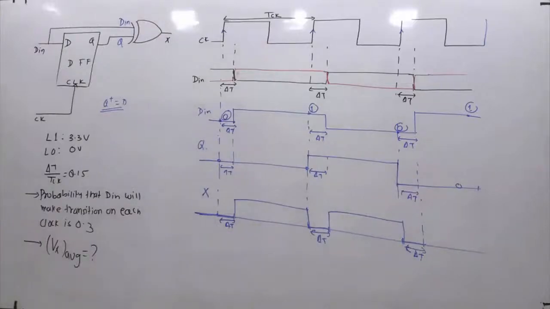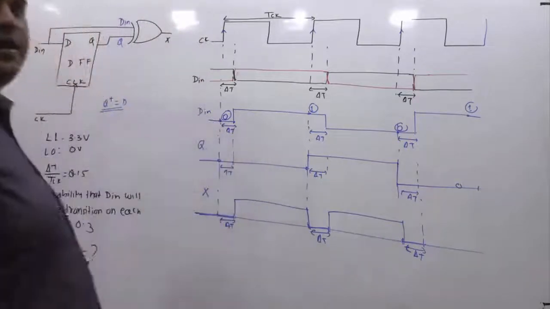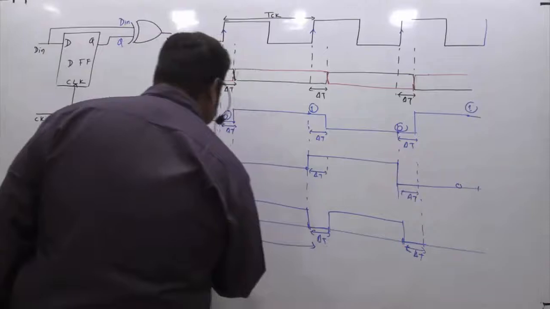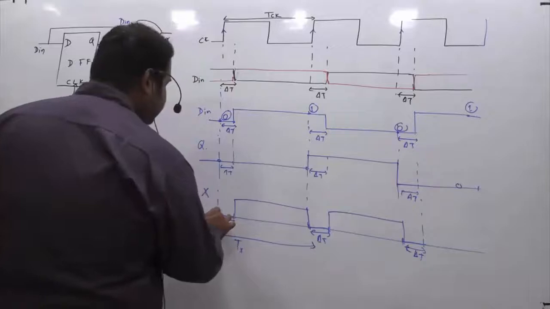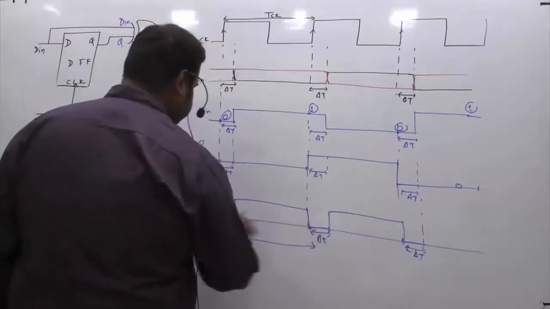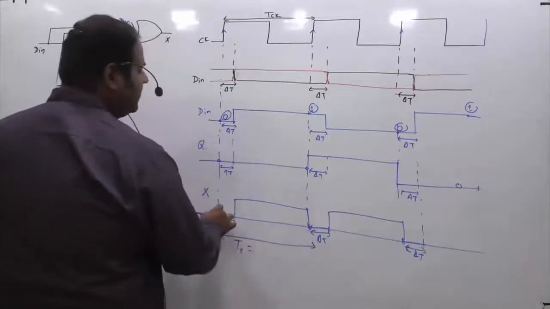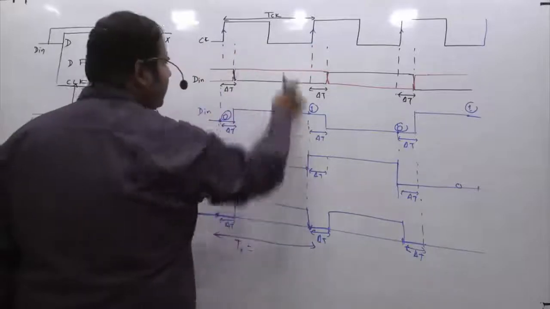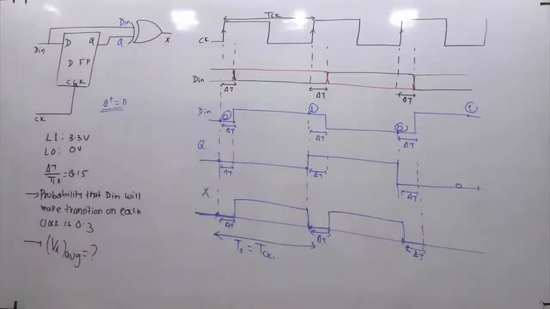So X, you are getting a periodic waveform. Now if I ask you what is the time period of this particular X? Time period is nothing but the minimum interval after which the wave shape gets repeated. If you take this as your starting point, this is one complete period of X, Tx. If you start here, the same thing happens again from this point onwards. So from here to here is one time period. What is Tx? It is nothing but the gap from one clock edge to the other clock edge. So Tx is nothing but Tck.